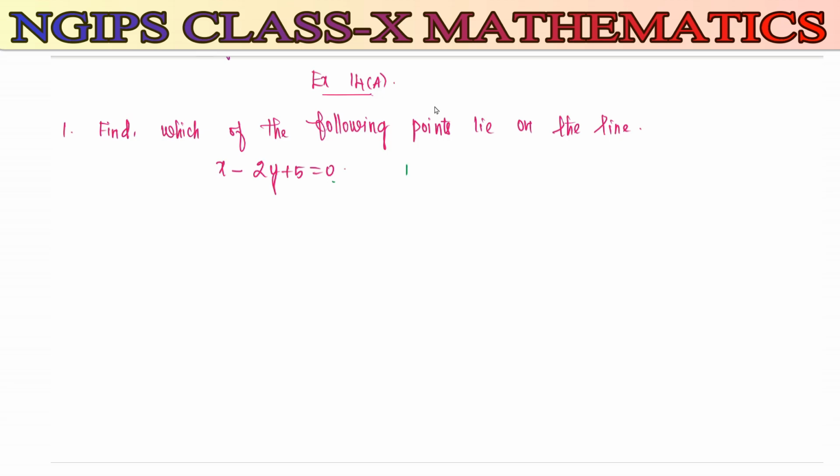They have given here the points. The first point is (1, 3). Okay, now we'll check with the first point. Here we know very well this is an ordered pair. We can consider the first coordinate as x and the second coordinate as y. I am going to substitute the values here.